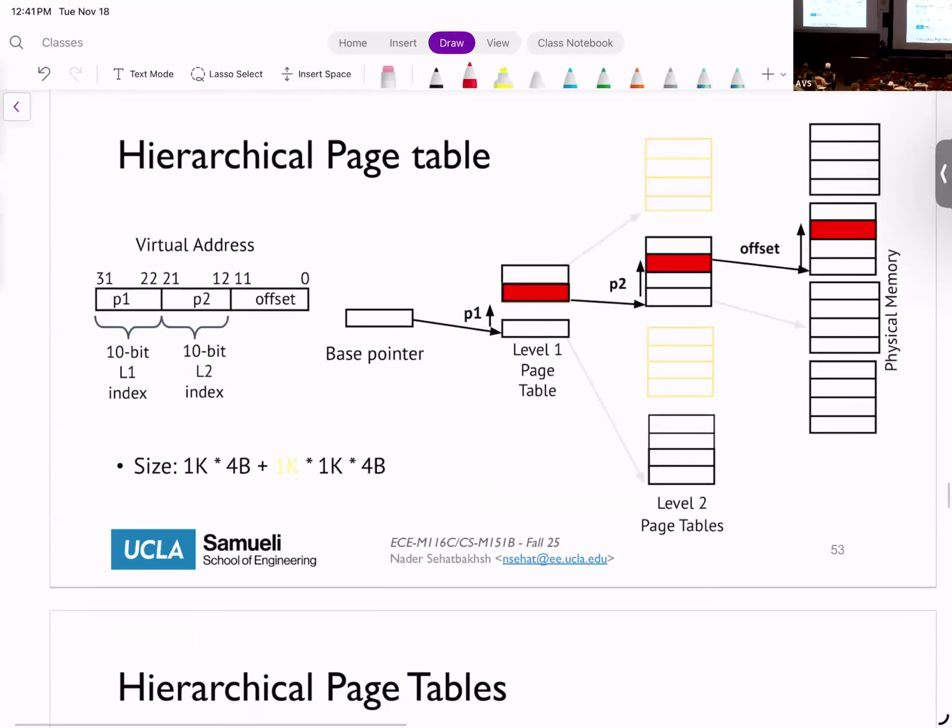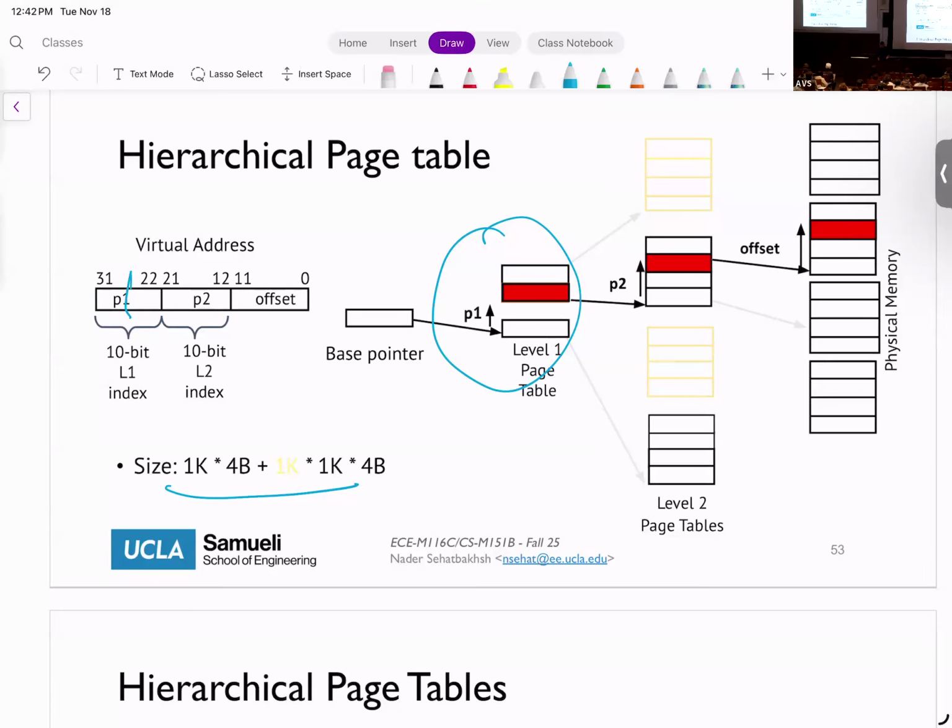So in reality, what will happen is that your page table looks something like this: some of the level 2s are assigned, many of the level 2s are not assigned, okay? So you will get a lot of benefit in terms of storage because you don't need to store many, many level 2 page tables. All you need to store is one level 1 page table and some level 2 page tables. And again, if you plug in the numbers, you will see that, for example, if half or more of these pages are zeros, then you're going to actually have much, much smaller page tables.